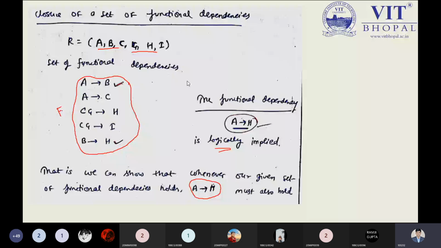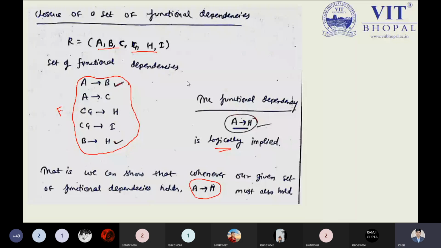This logical implication can be done in a simple way, but before that, you are required to understand: is it possible or not? Yes, of course, it is possible. A functional dependency based problem we can solve by using some axioms or rules, and those axioms or rules you know very well: transitivity, reflexivity, and augmentation. Before asking any question, let me clear all the fundamental concepts properly. This is the question we will try to understand properly.